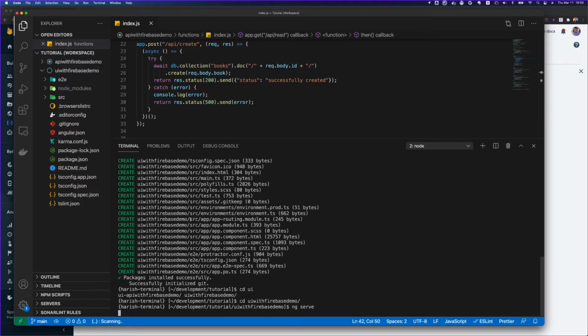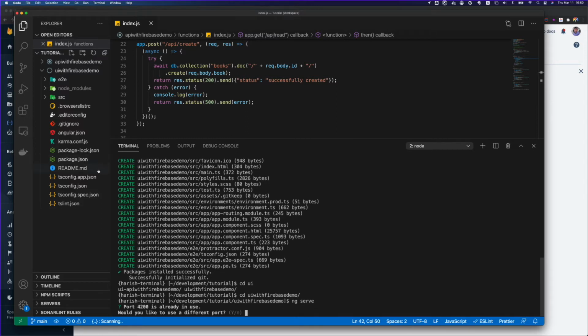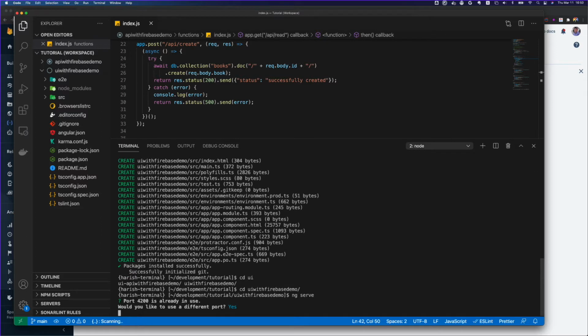It will run on 4200, that's the default port. Oh, okay, it says my port is already in use. Maybe I'm running something somewhere. Yes, I want to use a different port.